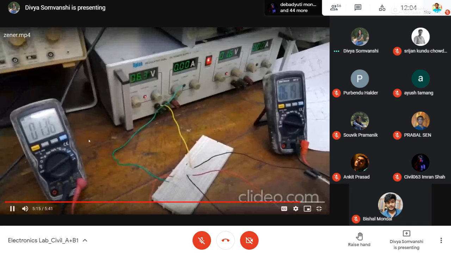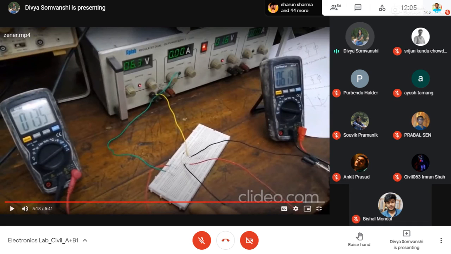Okay. So normally it should have 1.41. It means when the Zener breakdown happens, it should have 1.41. It shouldn't go to 1.34. But I think this is only because these diodes are not very new.